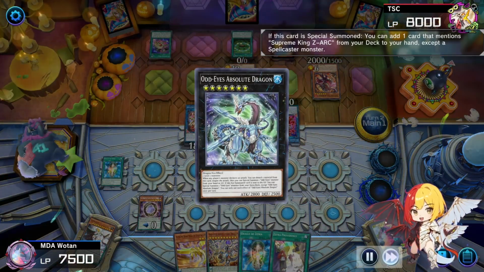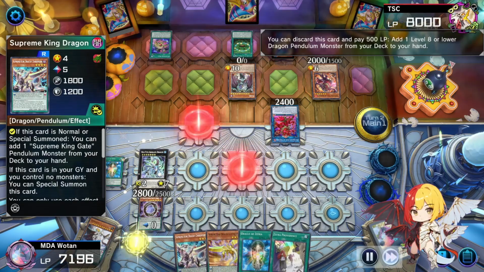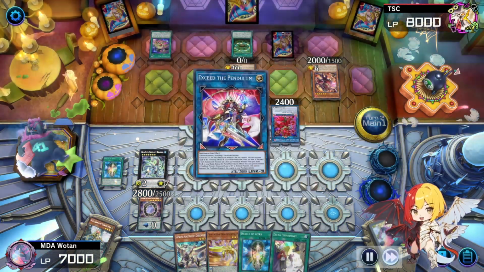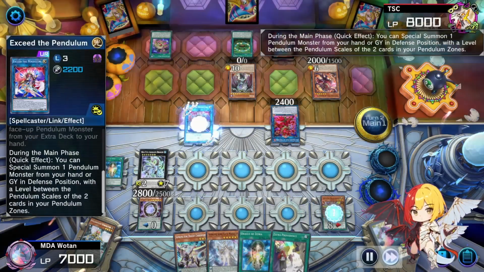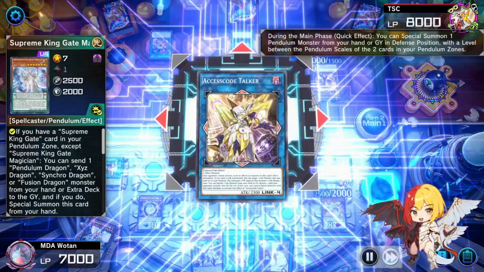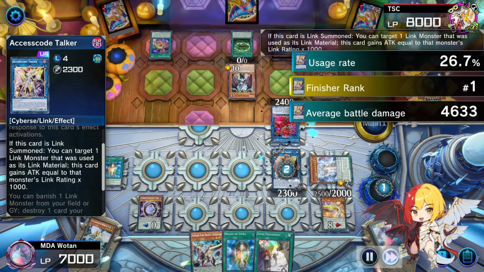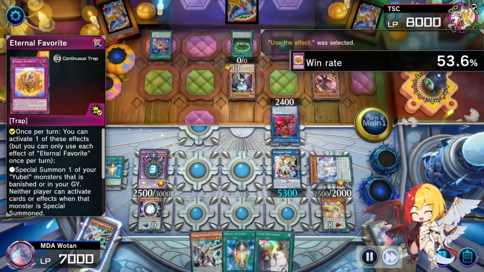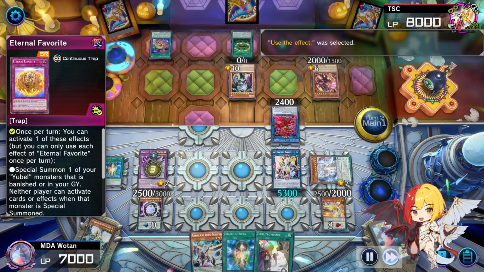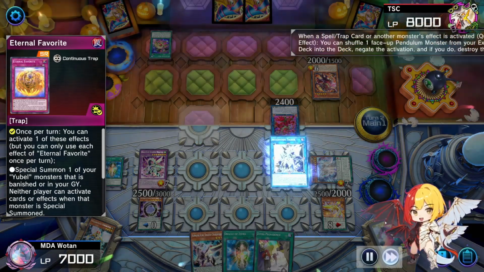Now they're not firing it off here. So we're going to go into Absolute Dragon. Very nice. And here we're just going to keep link climbing, go into Exceed the Pendulum, just grab back a Gate Magician, slap that down here, and now we go into Access Code, chain blocking the summon of our Vortex. We're just going to bounce the Yubel. He's going to activate Eternal Favorite, which of course we're going to negate with that Absolute Quickness here. And we're going to work on clearing his board,